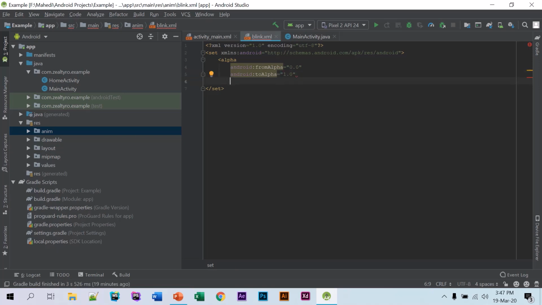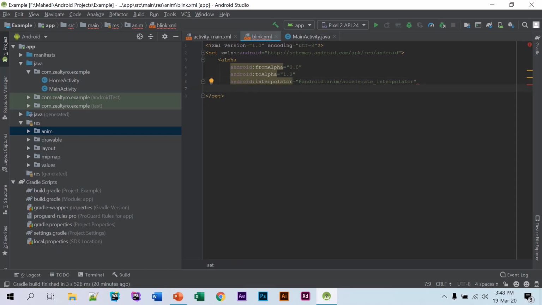Then just add interpolator. Then I'll add android:interpolator, and the name is accelerate, and pull it up.